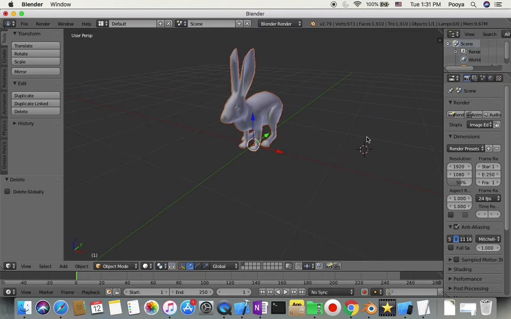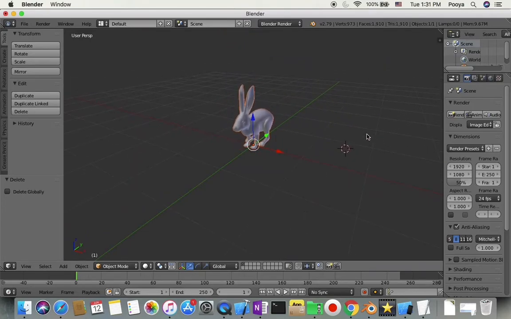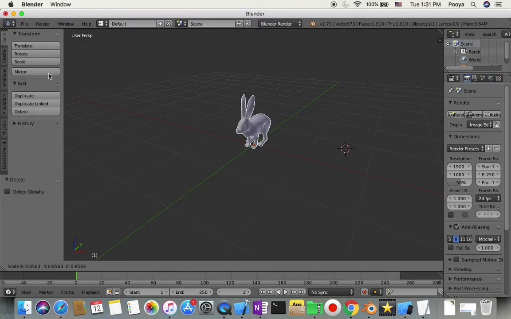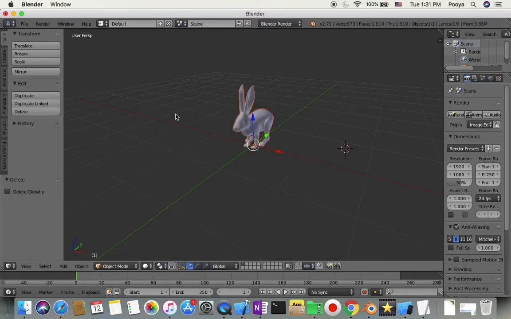Sometimes the model is too big, so if you want to change its size, you just click on scale, and when you move your mouse, it changes the size of your rabbit until you push escape or click on your mouse. Okay,